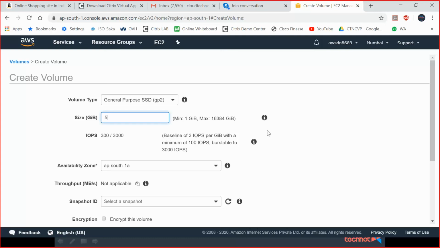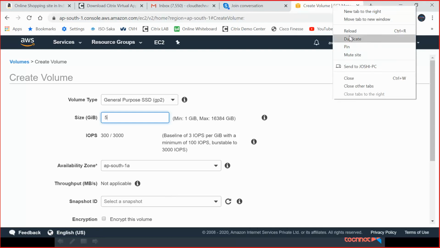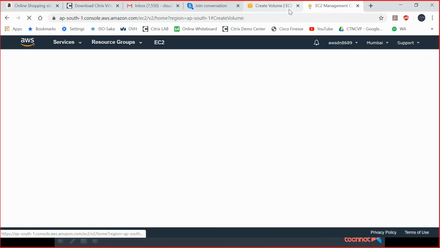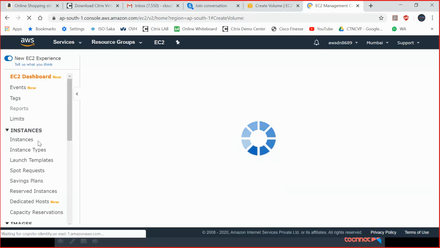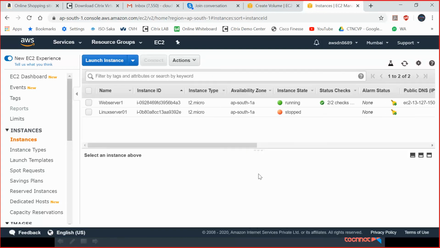Now, in the Mumbai region, in which availability zone you are creating is very important. First we need to check in which availability zone your instance is created. How to check? I'll make a duplicate tab, go to instances, and check web server 1.